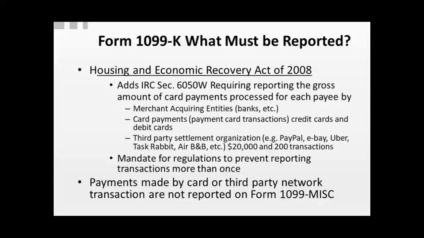If you're not sure, you can go ahead and do it. Report it on 1099 miscellaneous. They're going to have to do a lot of sorting out anyway, because if you look at certain types of places that take card payments, I do my banking at the grocery store and the pharmacy, and I get cash back from them. That cash back is not income to them or revenue. It is an exchange thing. They sort that out, but that cash back payment is part of the gross payments to them, and it's included